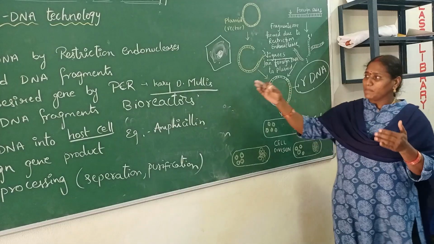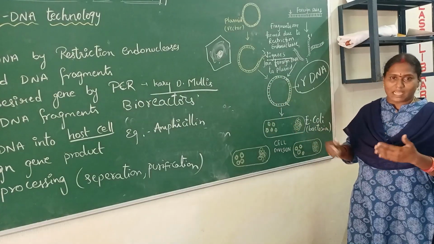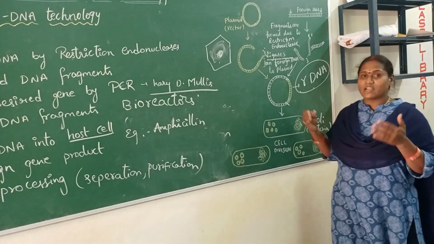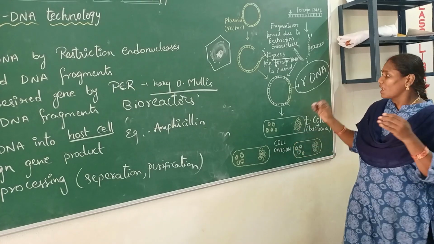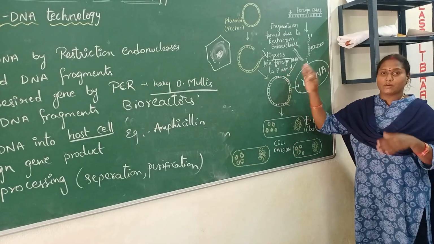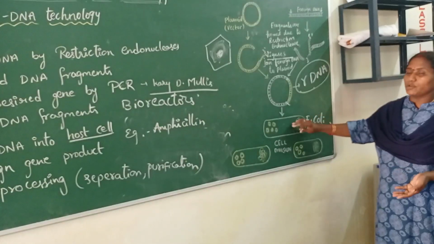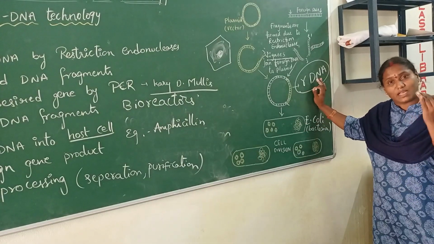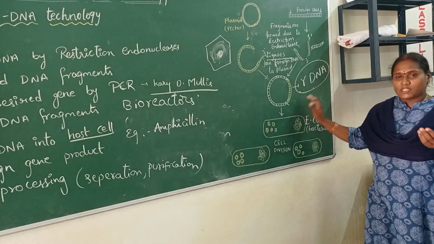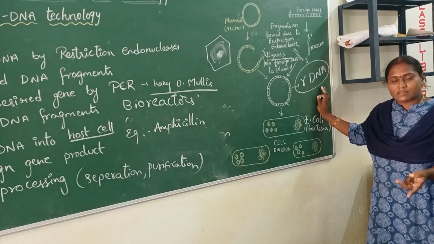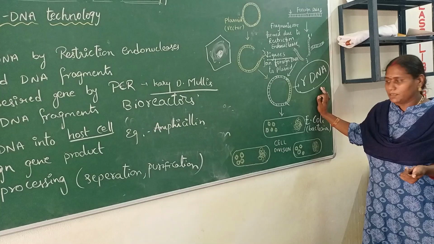For that, in this amplification, which is given by Mullis, so many times, 30 to 40 times, it will be amplified to produce a large amount of the fragments. Here we are using some instruments also, and we are producing rDNA, and now we are inserting this rDNA into the E. coli molecule. This insertion uses 3 different processes, and several other processes are also present, but I explained 3 methods. One is incubation, second is the gene gun method, third is the microinjection method.